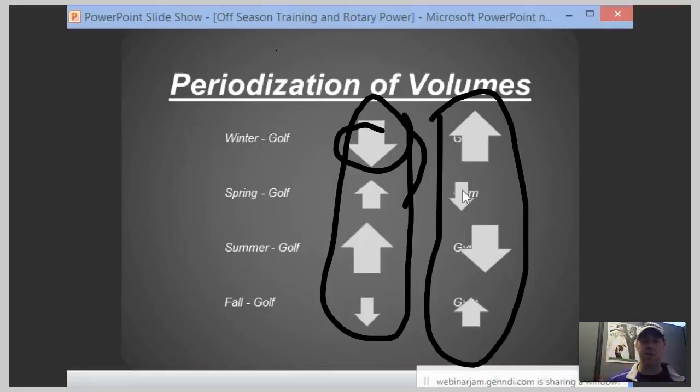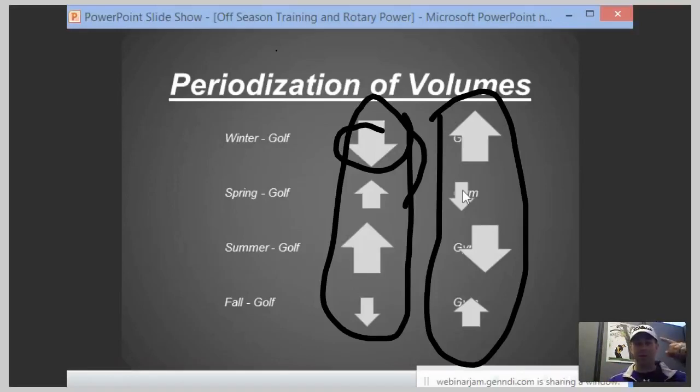That keeps your nervous system firing at high levels, which allows you to swing faster. So you're not as tired, but your nervous system is used to moving at a high rate, which ultimately translates into golf. You're swinging faster. So as golf has a bit of an uptick in the early season, the gym is going to have a downtick. When you get to summer, if we consider that the heavy golf season, you see a huge uptick in golf,